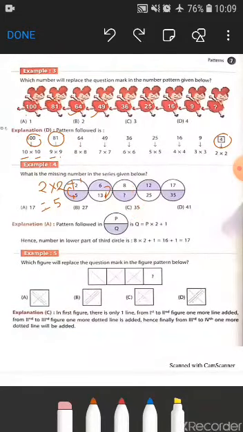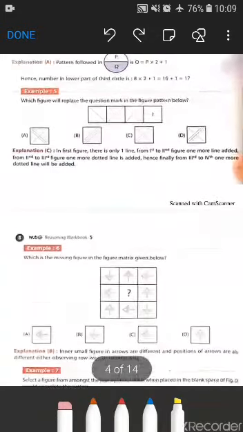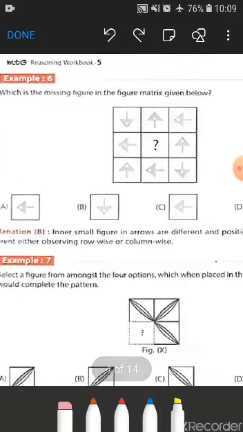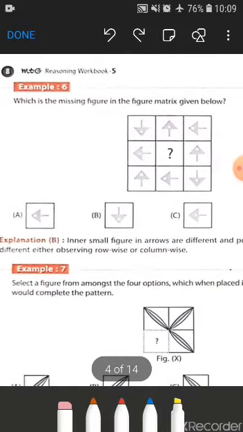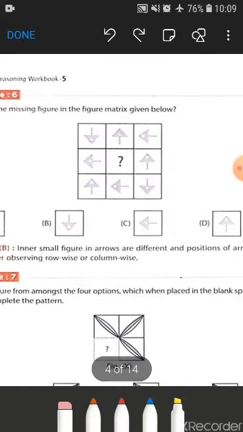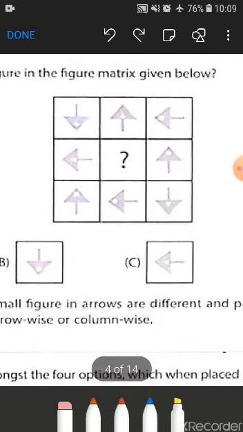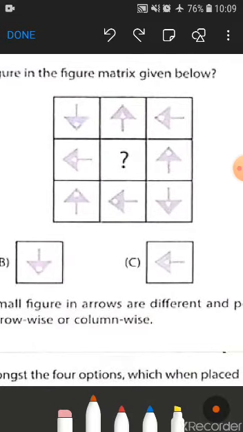Now coming to the next type of question, moving further. See question number 6. What is the question? Example number 6 is: which is the missing figure in the figure matrix given below? As you can see here, we have 1, 2, 3, 4, 5, 6, 7, 8, 9 boxes here, and in the first row